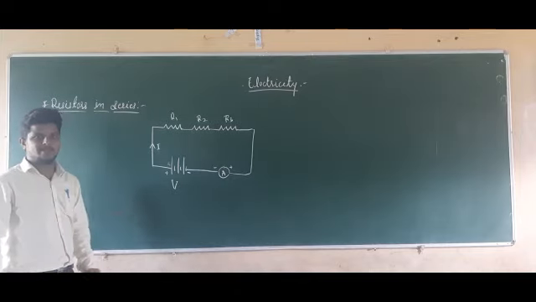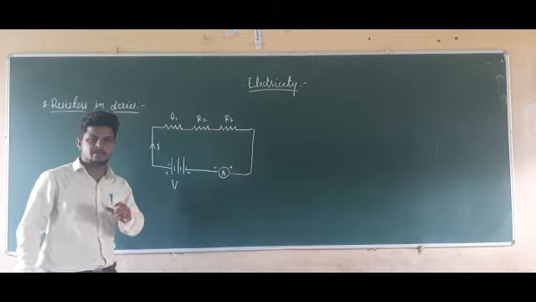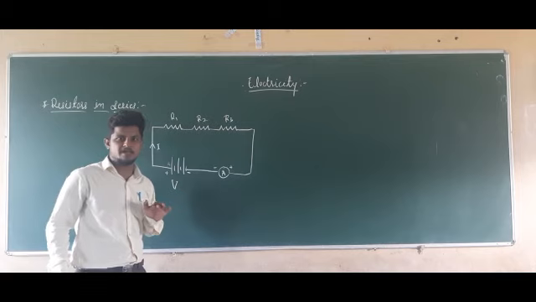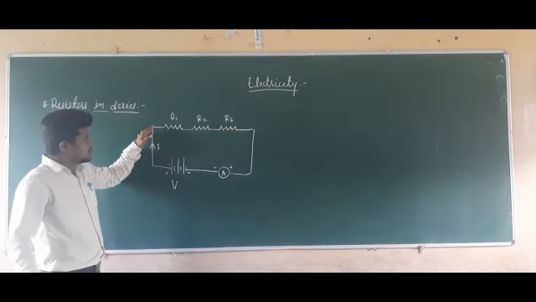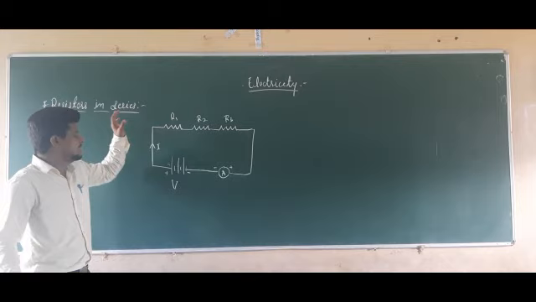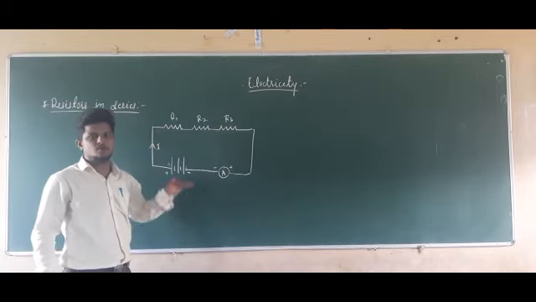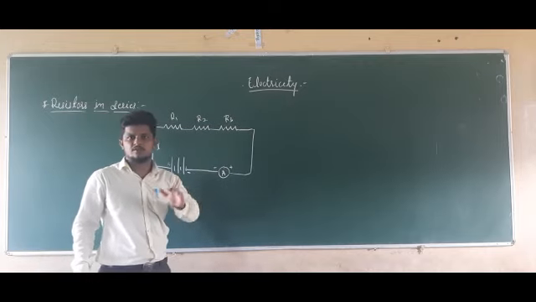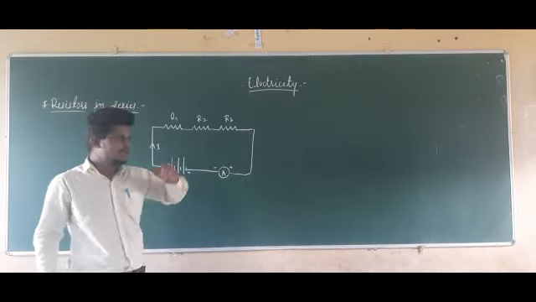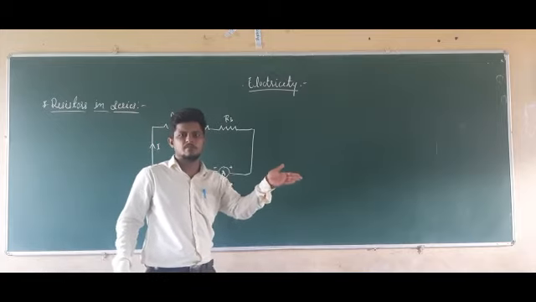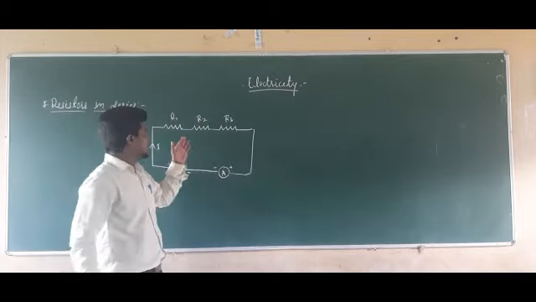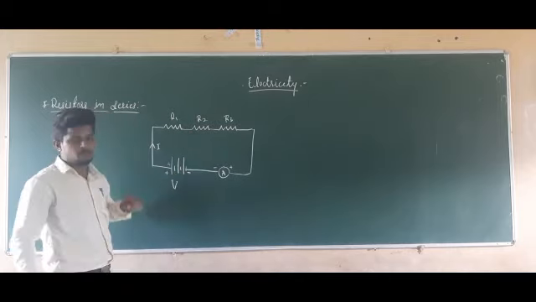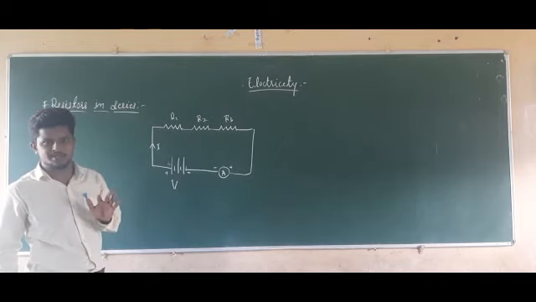So we already know that in a series connection the current remains the same, but the potential difference, that is nothing but voltage, is going to change at every point. When the current passes through the R1 resistor, the voltage is going to drop. At R2 there is a voltage drop, and at R3 there is also a voltage drop. We already know that voltage is the work done in moving one charge from one point to another. If work is done here, then energy is lost here. So we can say that at each point there is a loss of voltage, potential energy.